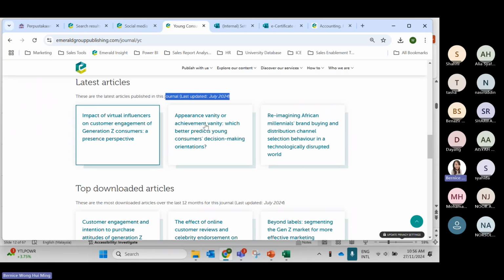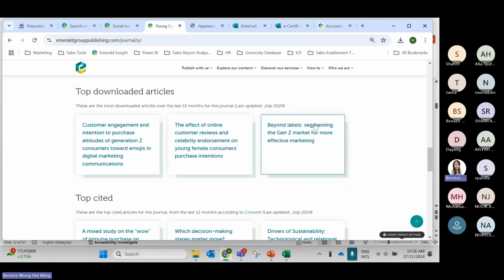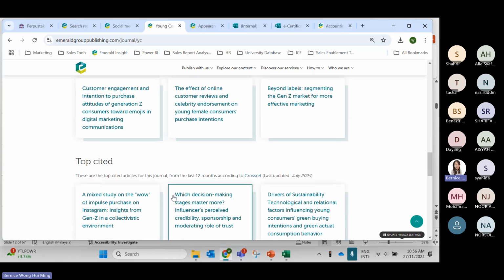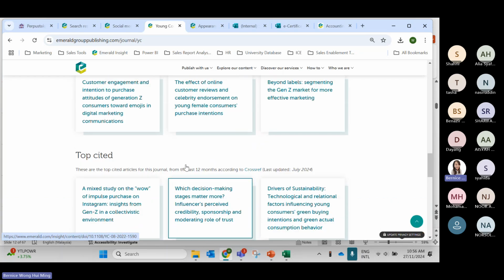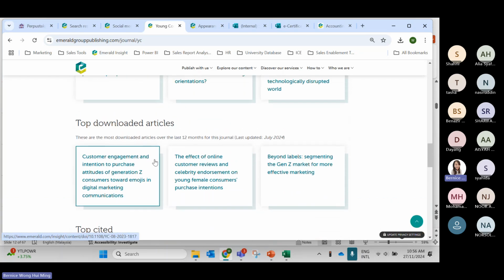You can click on the link and read the latest articles published. Then there are the top downloaded articles, which are downloaded most by users of this journal, and the top cited articles. When you read them, you have some idea of the current demands of the readers: they cite this paper, and these are the issues or topics. Then you scroll down to the bottom.